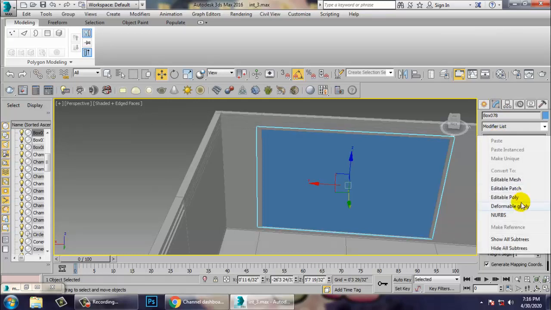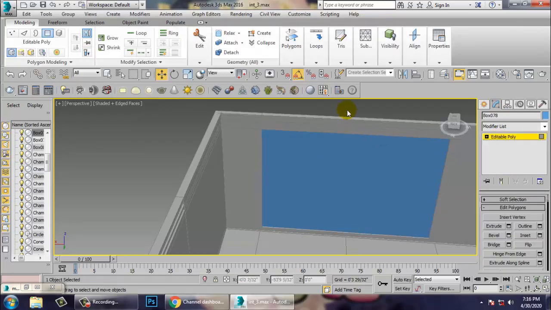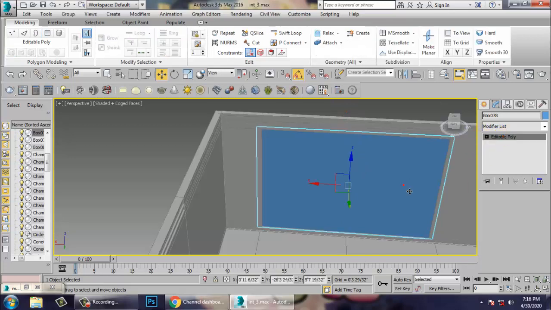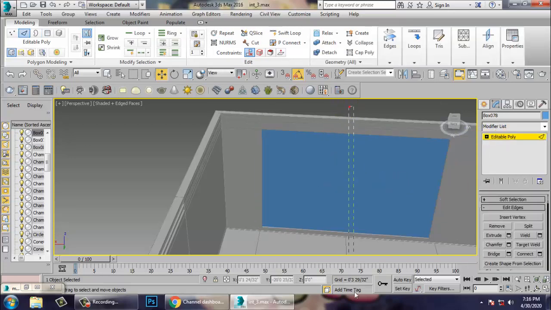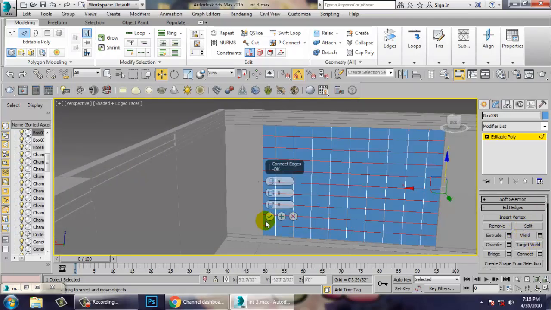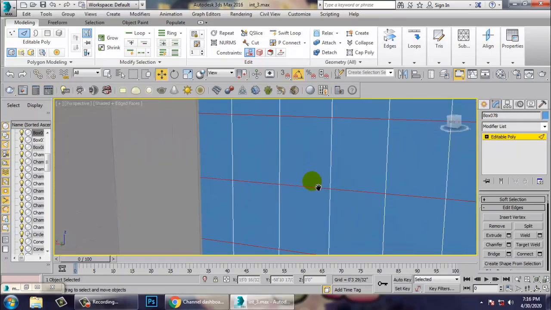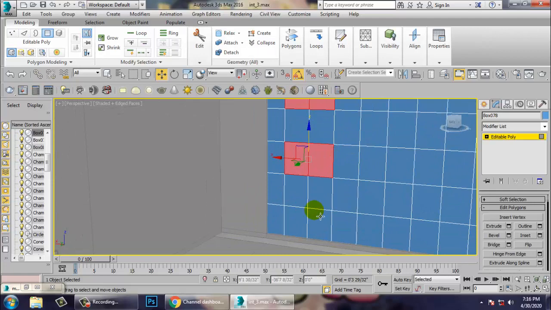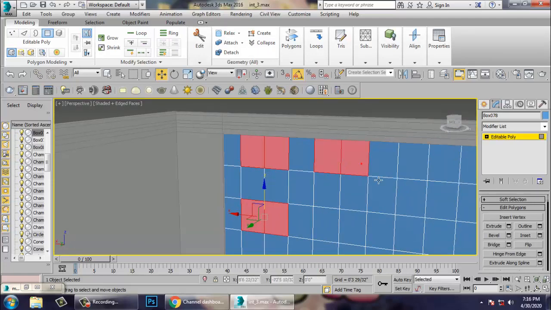So let's convert to poly over here. Select this. Let's go into the edge. Just give connect to it. So let's press 4 and just go on selecting.